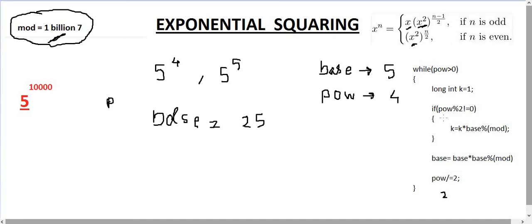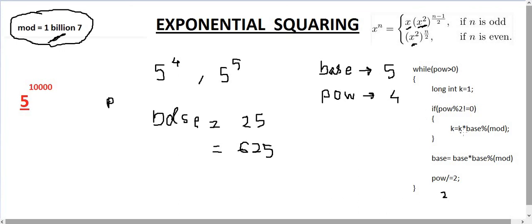Again 2 mod 2 is not equal to 0, so it will come here. Again the base will be squared, so it would become 625. After that power would again be divided by 2, so this time it will become 1, and this time it will enter the if block.